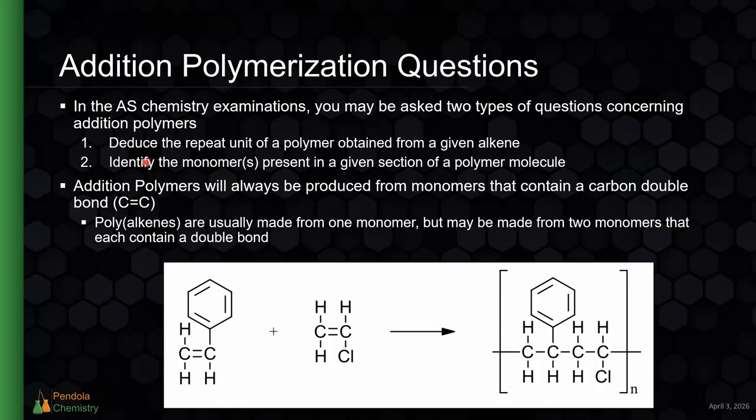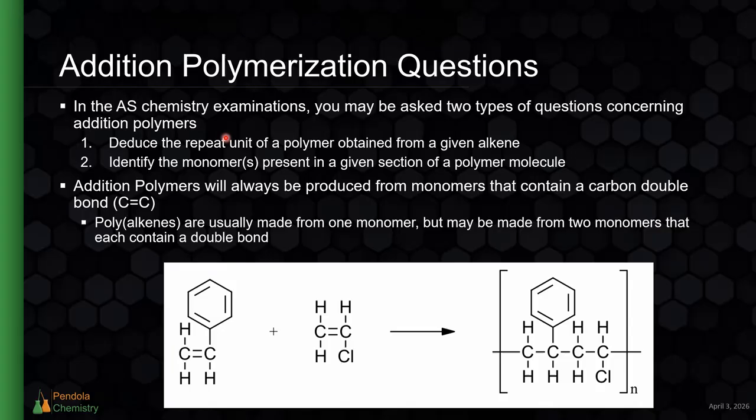The other type of question, which is essentially the opposite, is to identify the monomer in an alkene or in a polymer given a section of the polymer. So they will give you the polymer, they will give you the product, and then ask you what is the monomer alkene. Now, the reason why I say 2, maybe 3 different types of questions depending on how you view it,